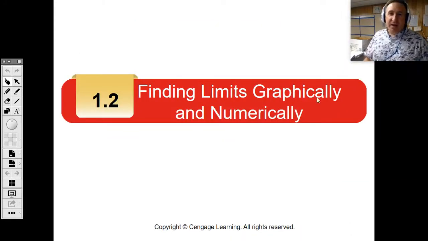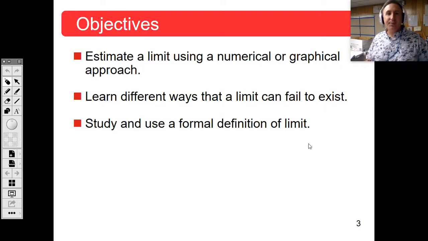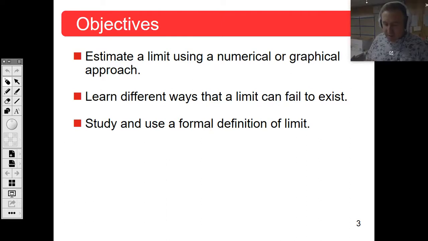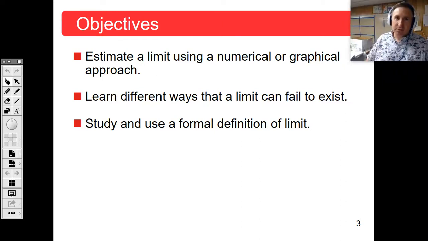So we're going to look at them graphically and we're going to look at them numerically. We're going to learn how to estimate a limit using a numerical or graphical approach. That means you're going to need a graphing calculator of some sort. You can use an online graphing tool, there's lots of Desmos or other things like that, so that you can see the